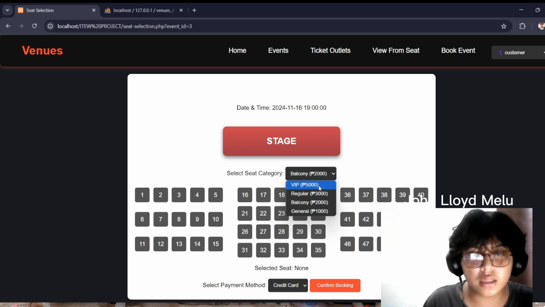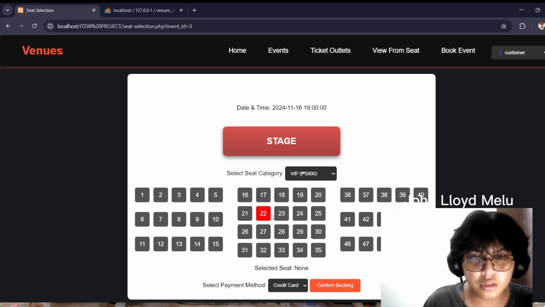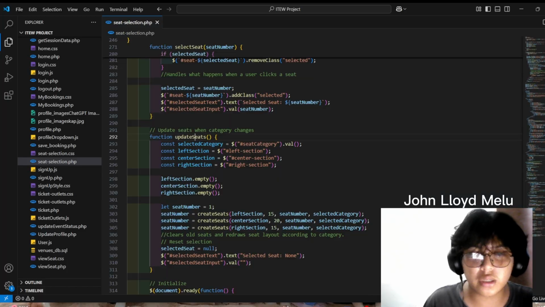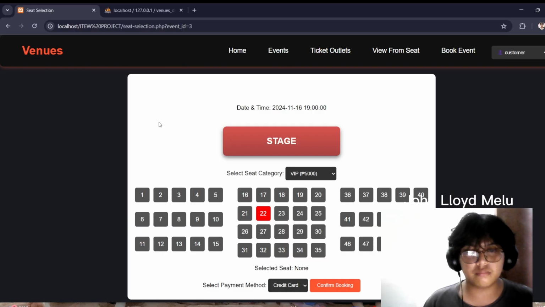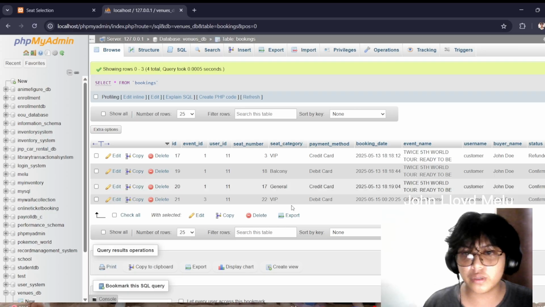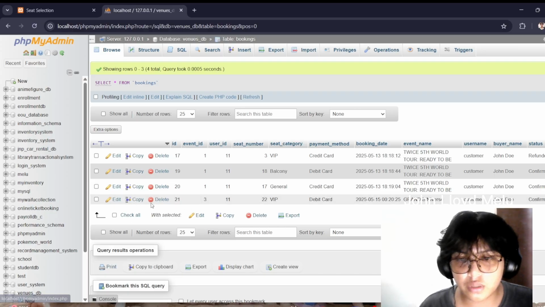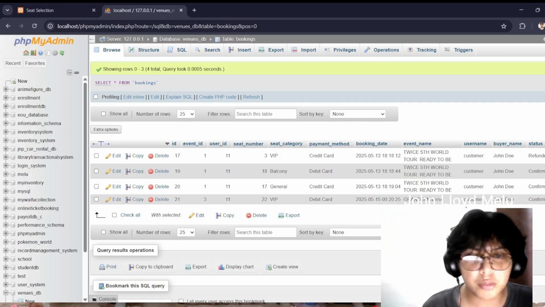And when we go back to the VIP, now we can see the seat that we bought earlier. It clears all the seats and redraws the seat layout according to category. And now we can see in our database, or in our SQL, the info of what the customer wants.